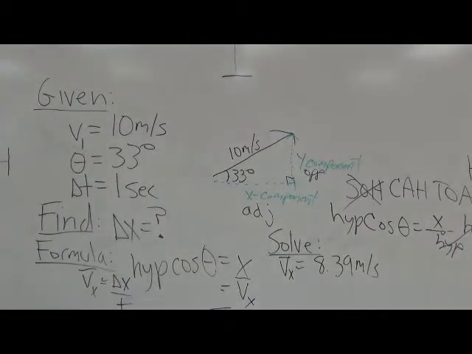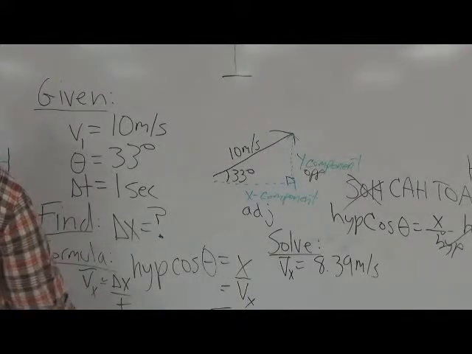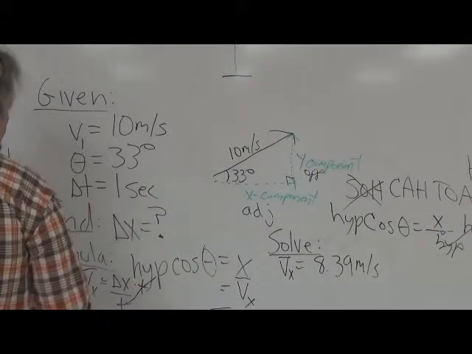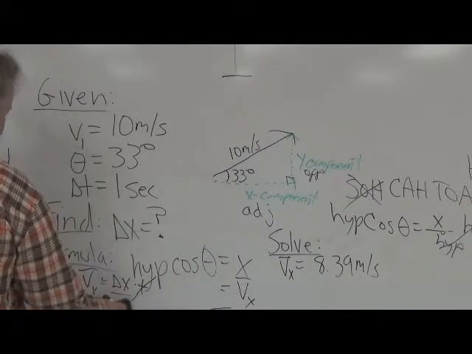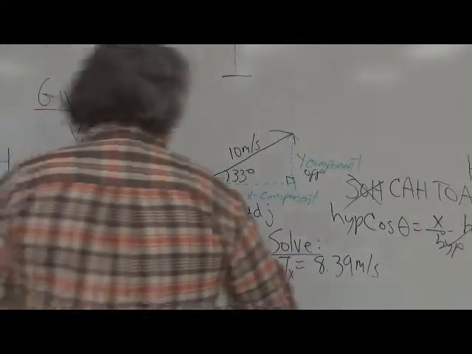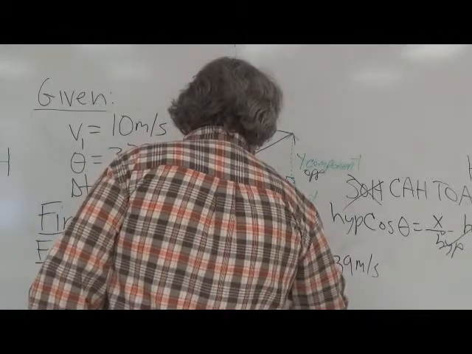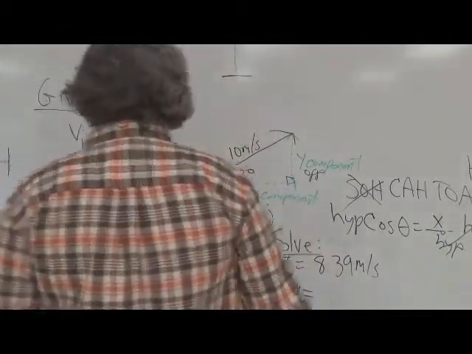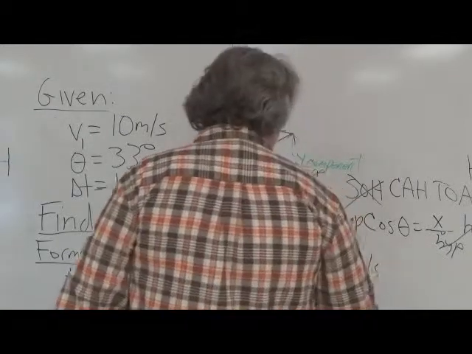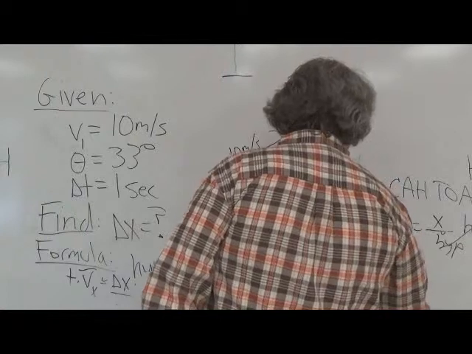Now, I want to find displacement. So I'm going to rearrange this formula. I want to get rid of the t, so I'm going to multiply both sides by t. The t's will cancel out, so now our formula is displacement is the time times the average velocity. So let's come over here and plug that in. So displacement is the time, which was given, 1 second, times the average velocity, which we just calculated,